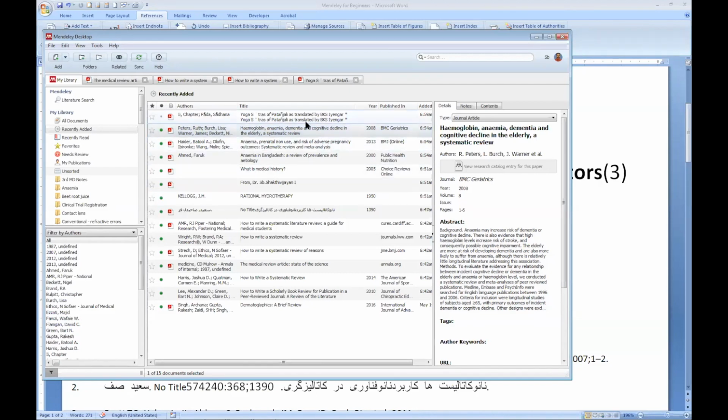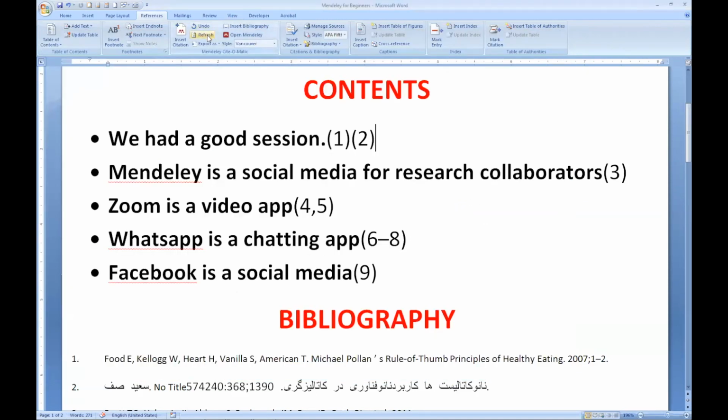If you want to verify, suppose I have 20 documents here. Refer to all 20 documents one by one and make sure the references are right. If you're doing a synopsis or dissertation, in reality nobody is going to cross-check it. But in case they do, it should be right. So it is your decision how much you want to cross-verify before you insert it. Once you make the changes, just go to your Word document and click refresh. It will check everything and make everything proper.